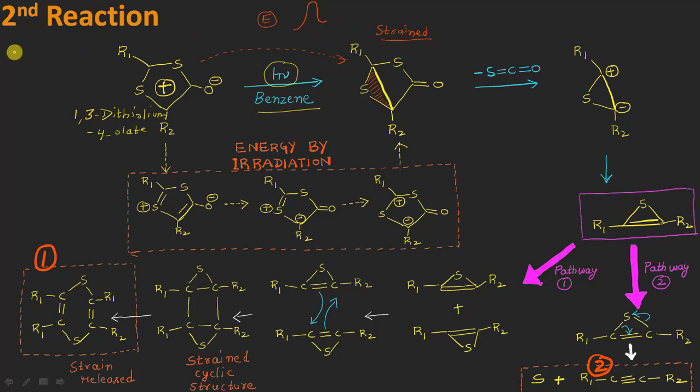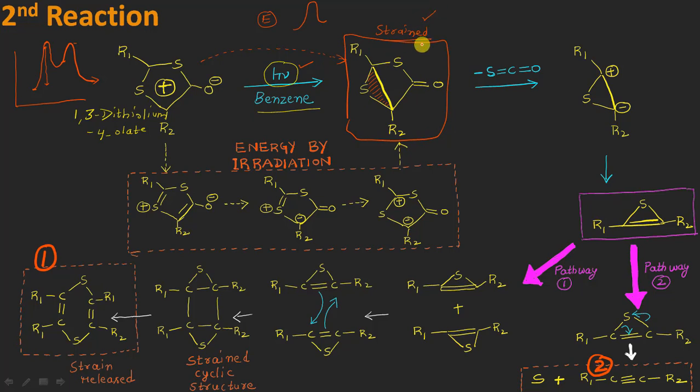If you remember the energy level diagrams in which, starting from reactants, we have products, and then some transition states and some intermediates, there are energy barriers like this, which can be high, and such energy barriers can be crossed with the help of some energy. In this case, that high energy is coming from the irradiation, such that it results in the formation of this intermediate, which is strained as well as a less stable intermediate, right?